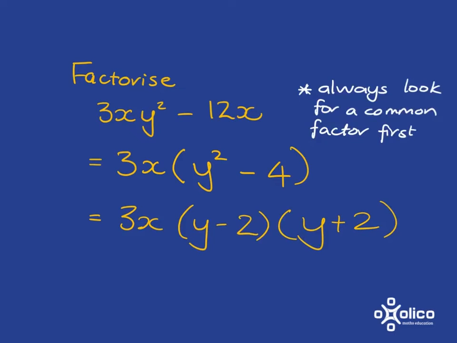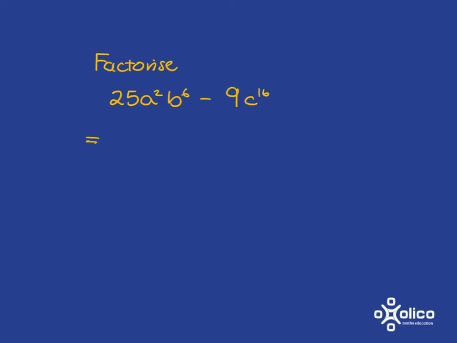So here's the important idea. We must always look for a common factor first. We could also be faced with a monster like this one. First check for common factors, but there aren't any here, right? You've got A's and B's in the first one and C in the second, and you've got a 25 and a 9. They don't have a common factor. So